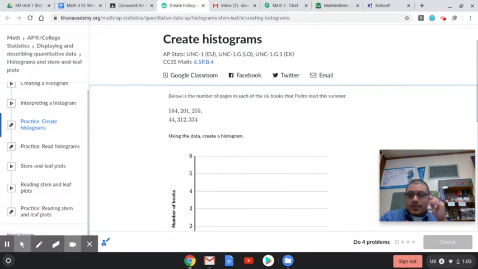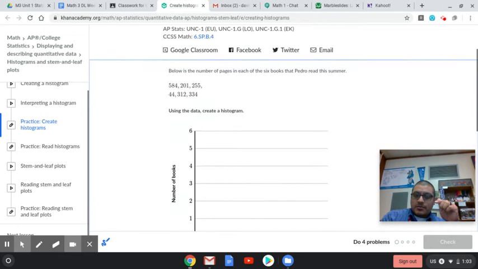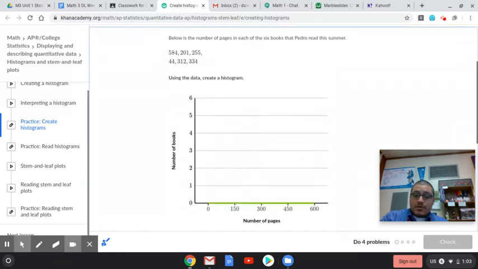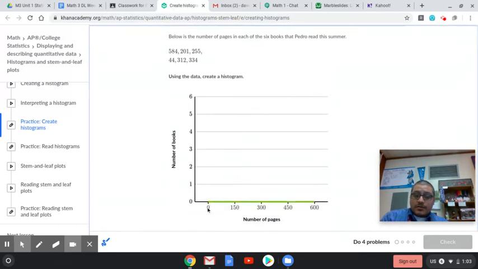And so a histogram is different than a bar graph because a bar graph, for each number, it goes up. You could put another bar for each number, but a histogram is different because you put up another bar for a range of numbers. So what I mean is, when you look at this here, I could put this up